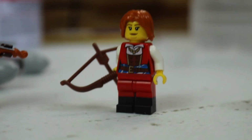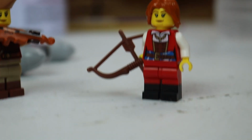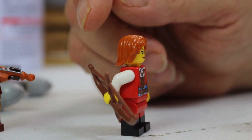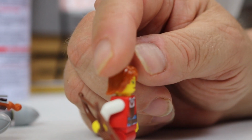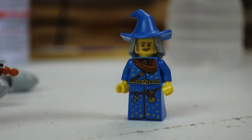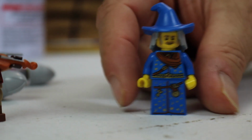This minifigure, a nobleman's daughter, because she's kind of a little bit dressed up, a little more fancy than a peasant, I would say, but not quite king level in my opinion. So yeah, nobleman's daughter, I'm going with. Feminine than male, so I might have to change out the heads, but it's just a wizard. Slash witch. Slash...